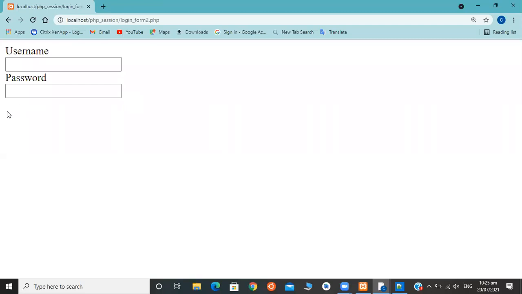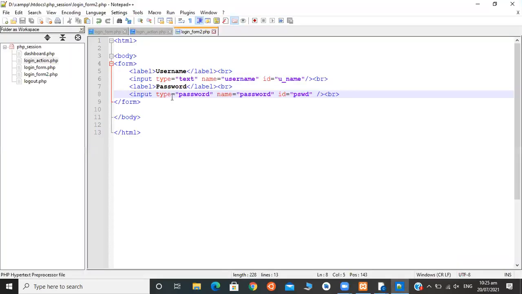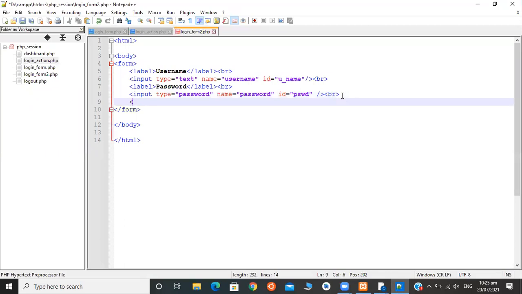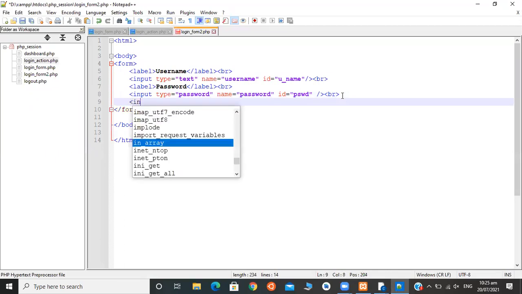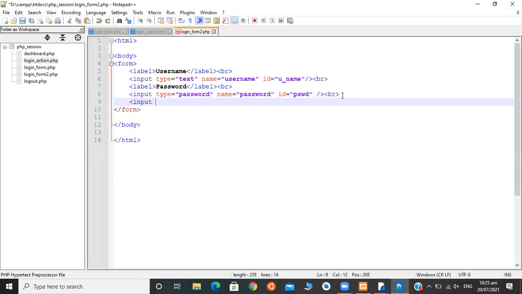Then one more thing we need here is a button to log in or to submit data. So we are going to create it here. Input type. You can use button also or input type also.